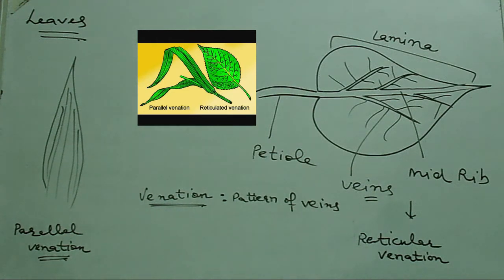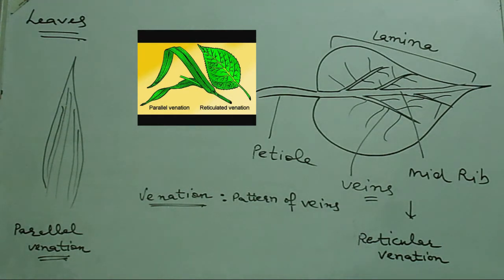So this I told you about the leaf and its design. You can draw that leaf on the paper, and simply you have to paste that pattern in your practical notebook also. It's very important. You can simply clarify about that parallel venation and reticular venation.